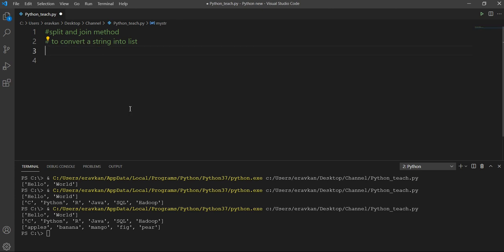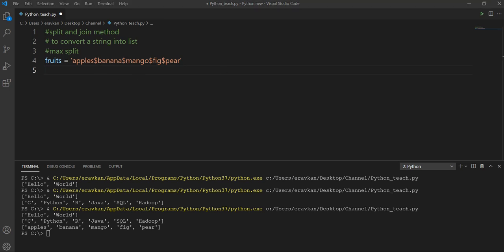Then we take the concept of maxsplit. So by maxsplit you can specify how many times the splitting should happen. Things will be clear by example. Suppose I have a string equal to fruit, which contains three items separated by dollar symbols.